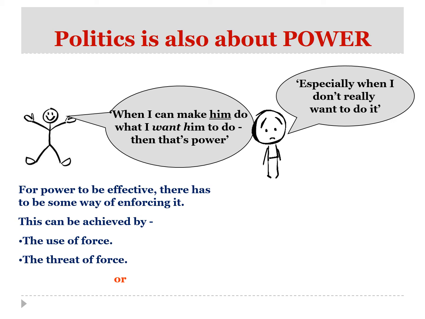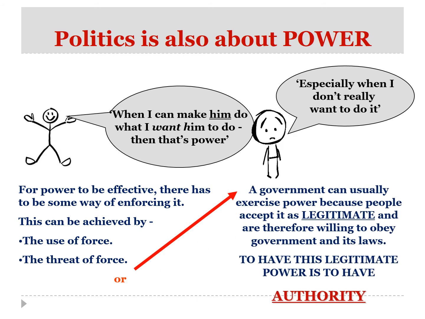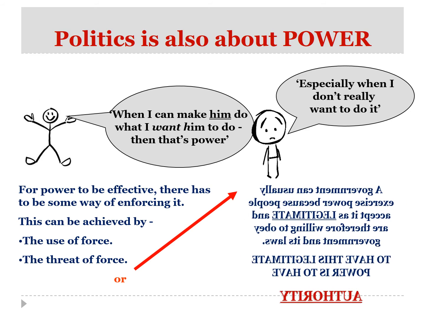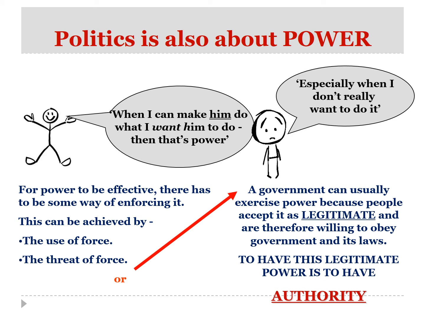For power to be effective, there has to be some way of enforcing it. This can be achieved by the use of force or the threat of force, but in terms of politics we don't necessarily see that coming through in our system. So when we think about how our government has power and exercises that power, it's because we, the people who elect our representatives in government, accept it to be legitimate and therefore are willing to obey the government and its laws,